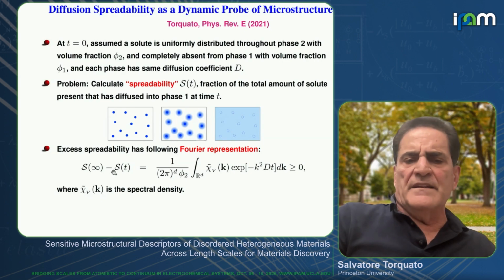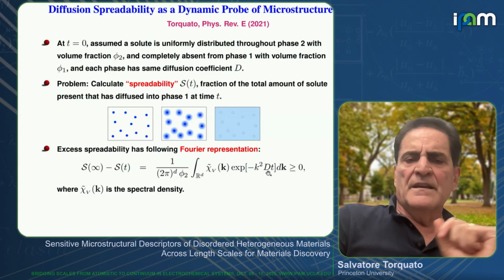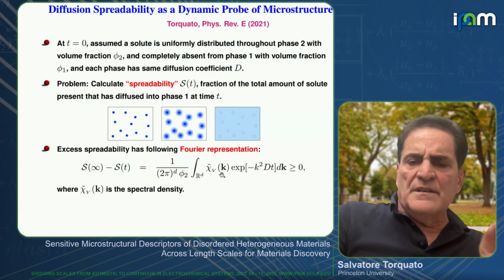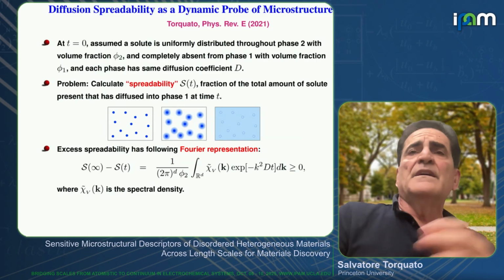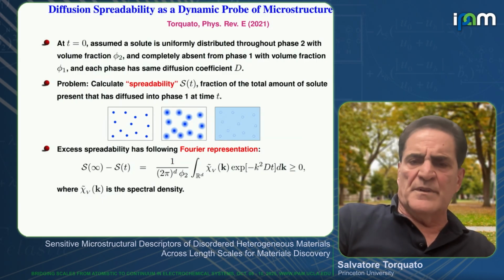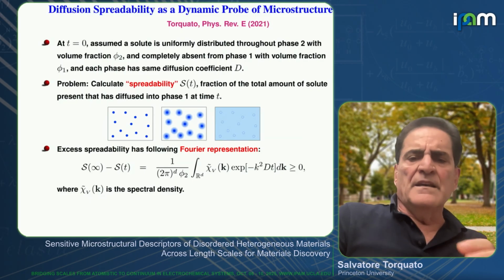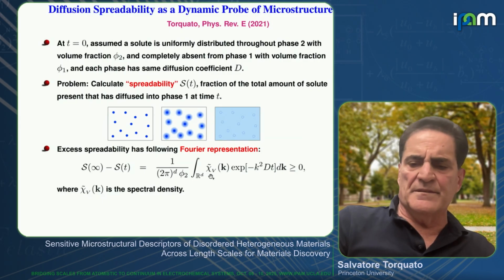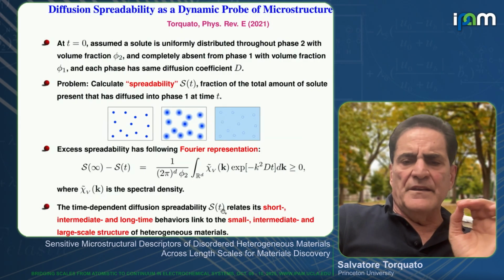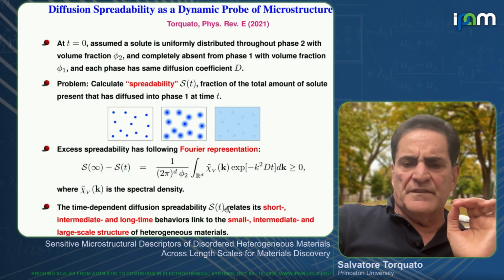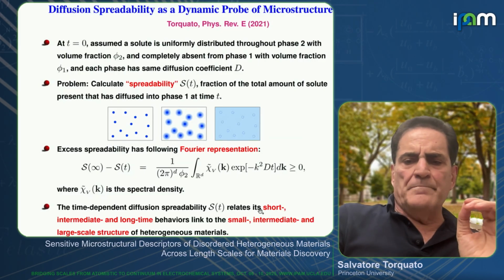The point is that for this very, very special situation, you can solve the problem exactly. And it only depends upon the spectral density, which is unusual because I showed you earlier that in general, you need an infinite amount of information. It's because of the way I defined the problem that it only depends exactly on the spectral density, on 2-point information. Okay. Now, the point is that if I look at this as a function of time,